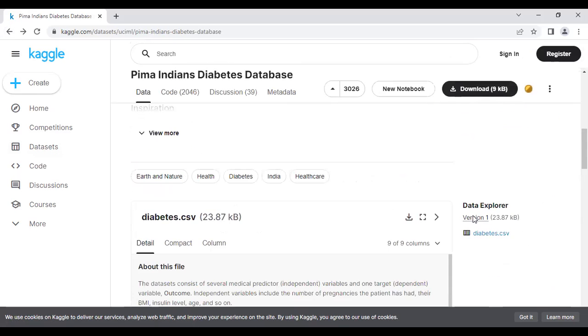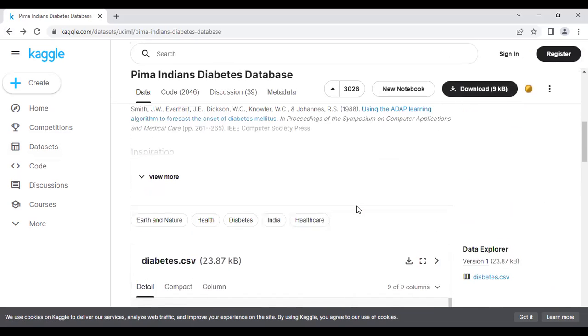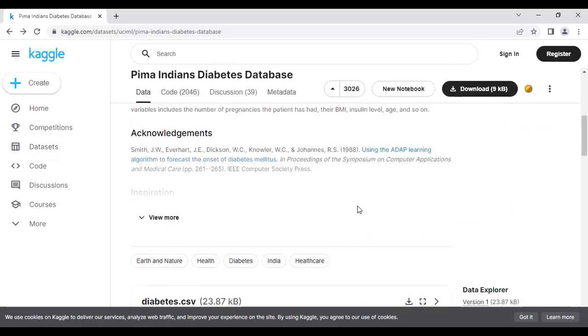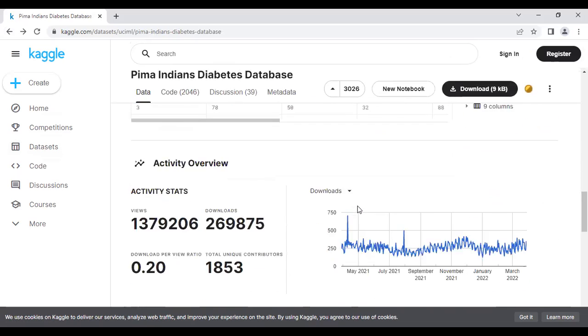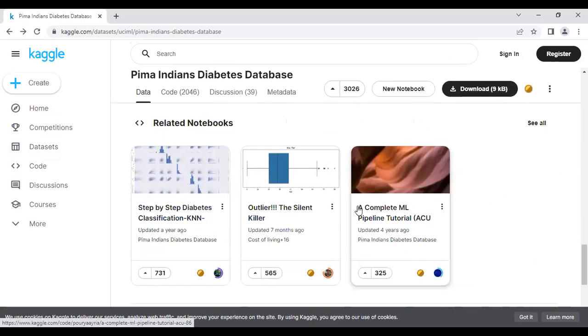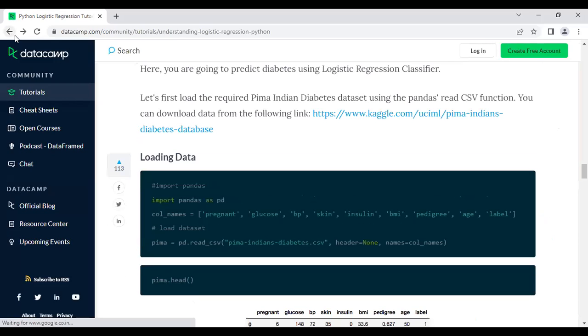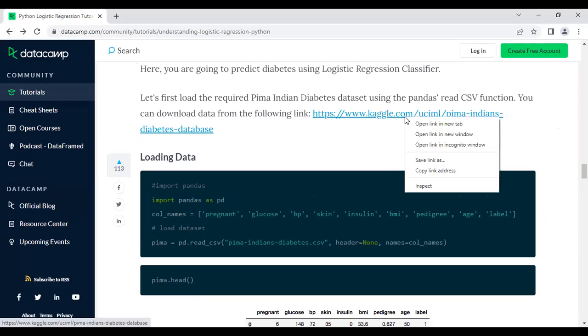The data set is hidden. This is a data set that is